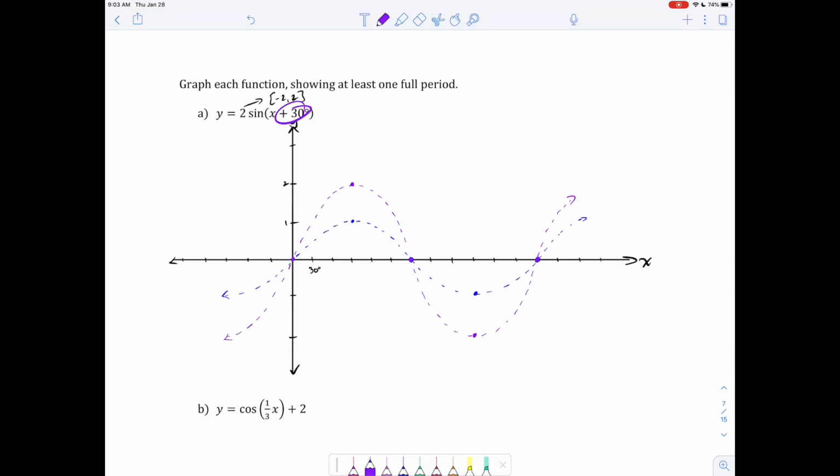And then finally, shifting left 30 degrees. Every tick mark is 30 degrees, so we're just shoving 1 tick mark to the left. There's 1 left. There's 1 left. And there is 1 to the left. Now we can connect the dots, and we can do that with an actual